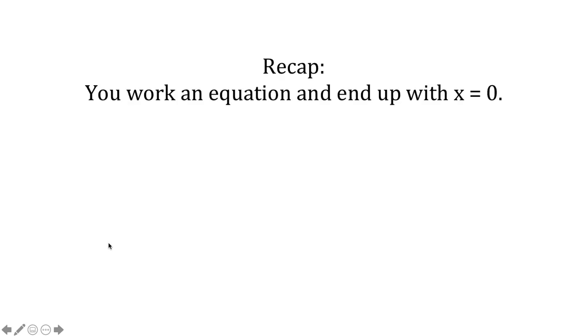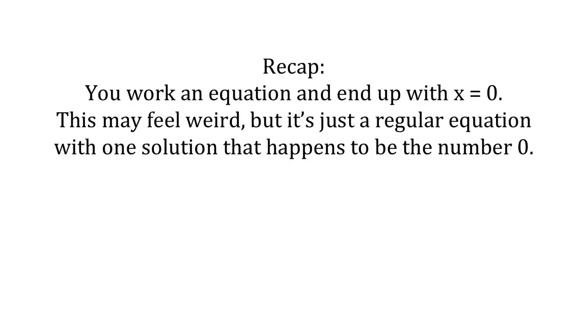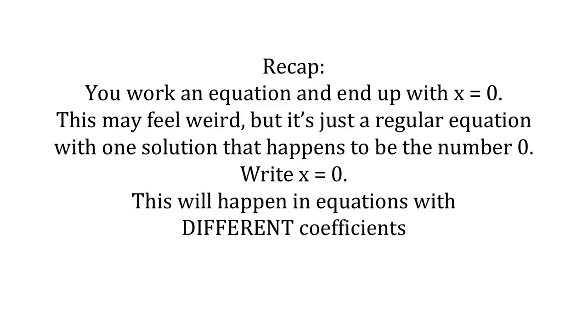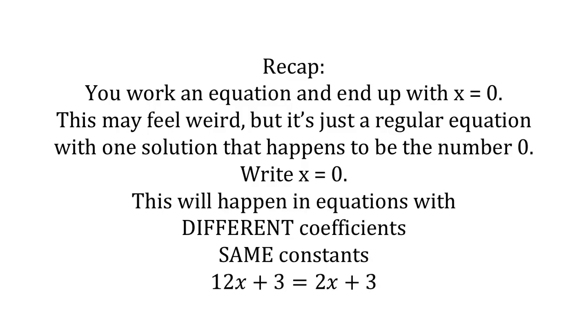The last one, the one we just saw today: if you work an equation and you end up with x equals 0, this may feel weird, but it's just a regular equation that has one solution that happens to be the number 0. So you just say, all right, my answer is x equals 0. And it'll happen in equations where you have different coefficients but the same constants. For example, 12x plus 3 and 2x plus 3. 12 and 2 are different coefficients here. 3 and 3 are the same constants. So in this case, the only answer that will work is 0. It's not that you have no solution. It's that x